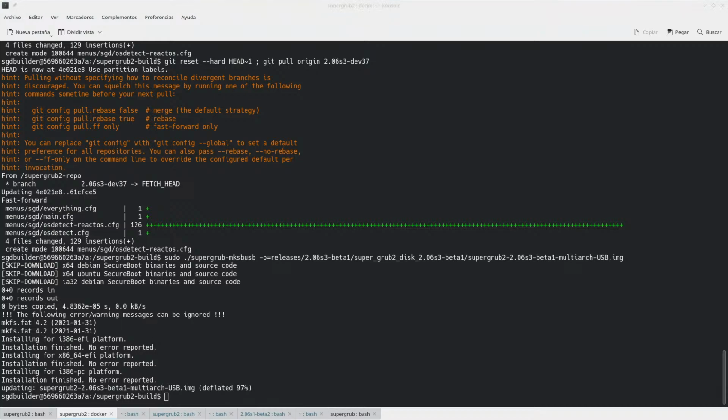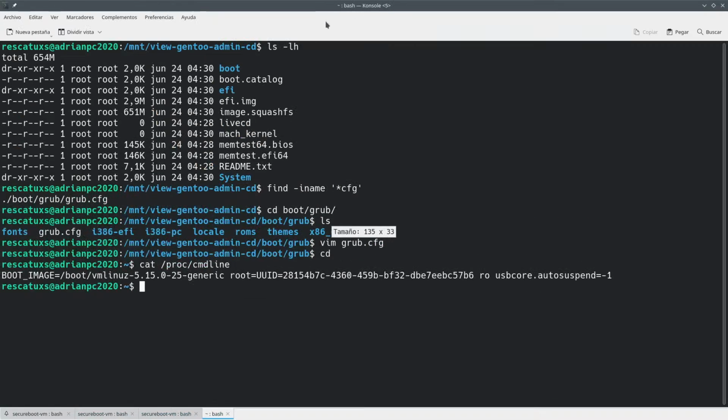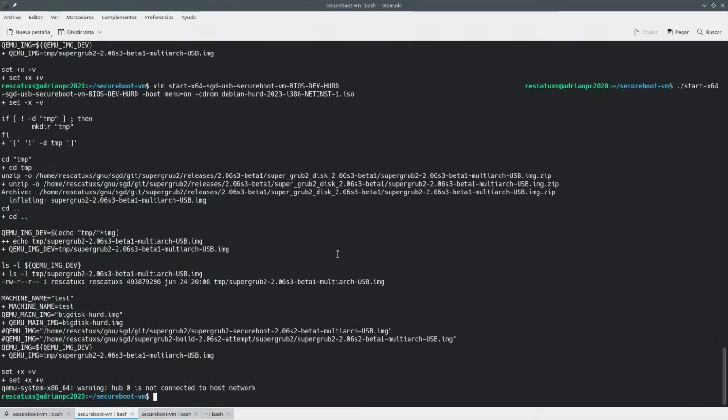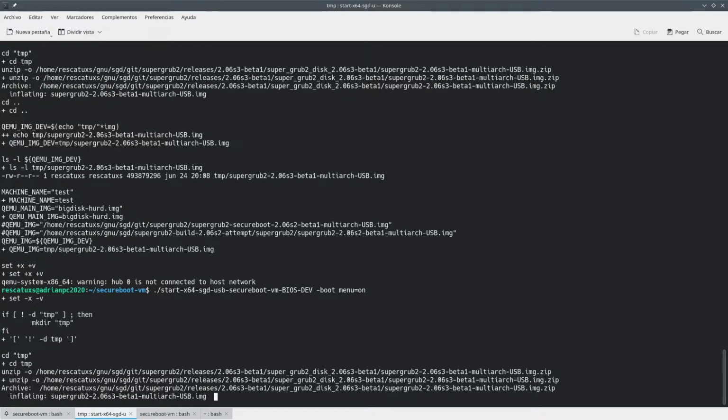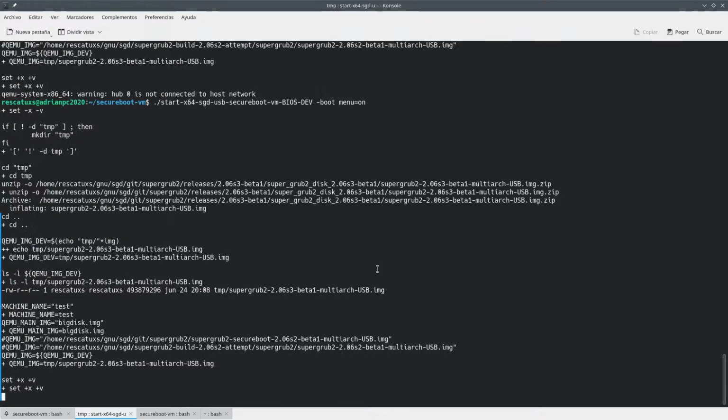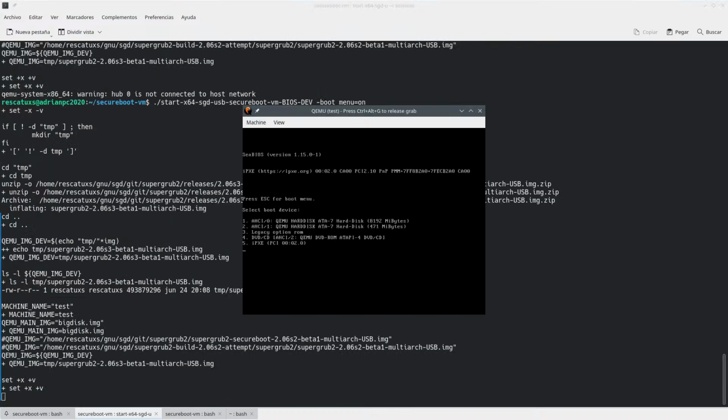Let me show you. Here we have a virtual machine, which I have with some stuff put in here, which are two different Linux.